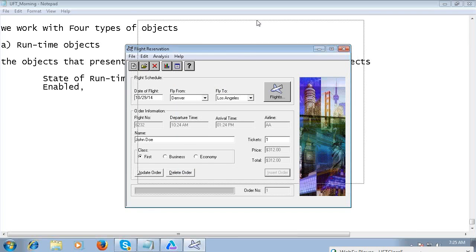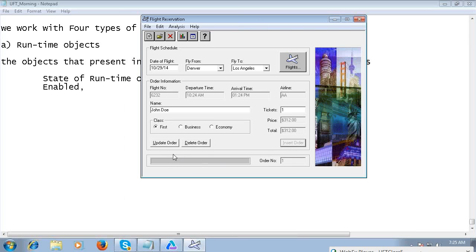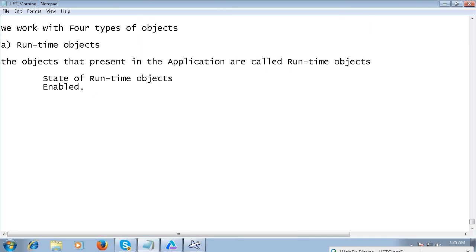Now observe the bottom, left to right: three buttons. Update order, delete order, insert order. Update order button is in enabled state, delete order button also. What is the state of insert order button, Arjun? Disabled. Next,